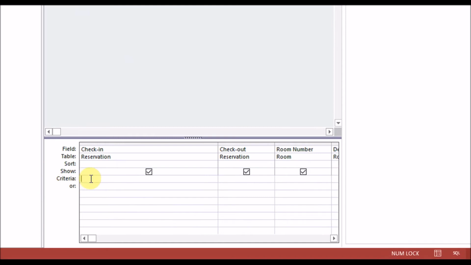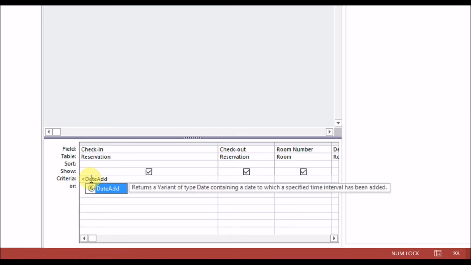So I'm going to use that function dateAdd, and I'm going to add 35 days to today's date, and then I'm going to say that the check-in date has got to be before 35 days away from today's date. That means that there's less than 35 days to go until check-in. Okay, so it's going to be less than